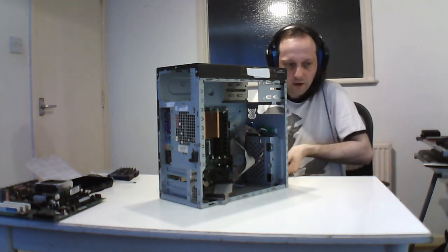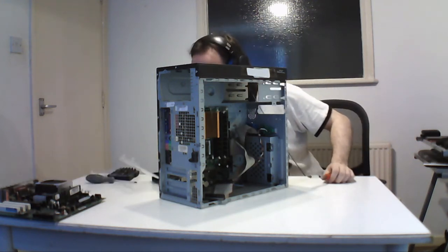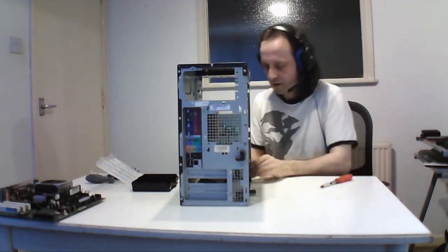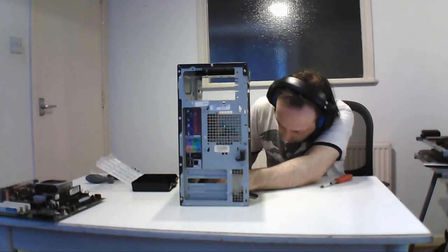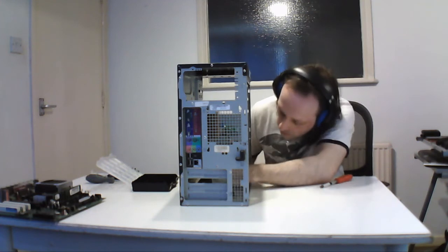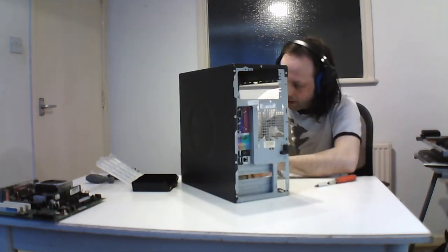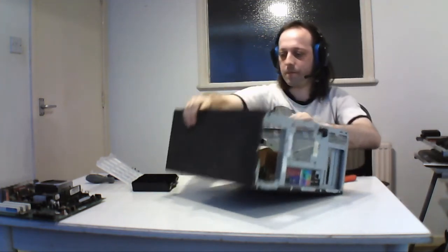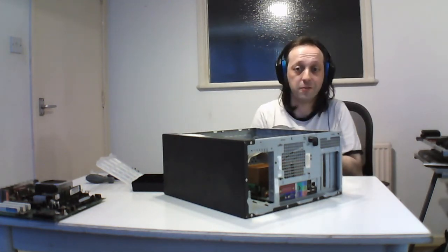I'm going to take off the front header. And lucky this thing has all the same size screws, so you know the bit to use. And this has two headers on it, a proprietary one and a standard one. Oh, oops, gotta take the hard drive first. Sorry, excuse the language, but I remember you've got to first take out the hard drive before you can actually do anything. So,